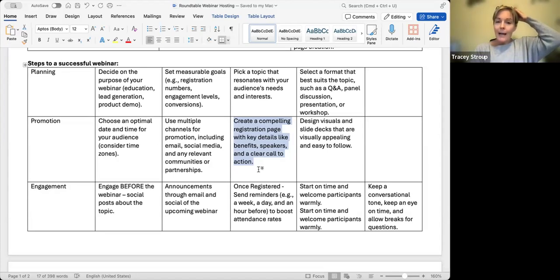And so you want to have a good registration page too. Even if you use Zoom for people to register, and you should require registration because you want to capture that email list. You want to have those people that registered for your webinar. You want to have their emails and names so that you can export that list, and then you can import that list into your email software. And if you don't know how to do this, you need to talk with your account manager and come to our